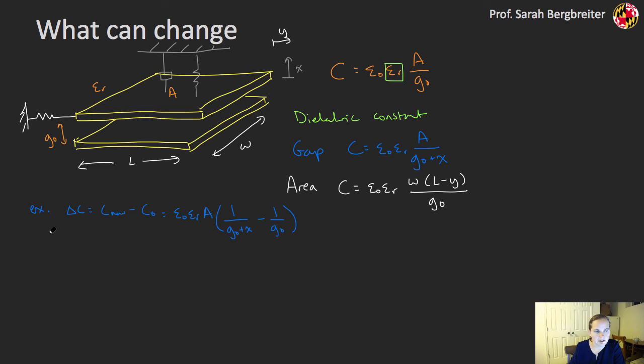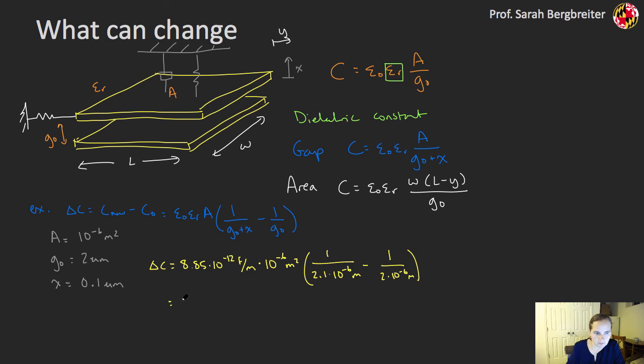Let's say this is happening in air. I have an A of 1 millimeter squared, or 10 to the minus 6 meters squared, and I have an initial gap of, let's give myself 2 microns, that's something that we can do in our clean room, and a displacement of, let's say, only 100 nanometers, or 0.1 microns. So it's a pretty small displacement. Let's see what kind of capacitance change we would have to be able to detect in order to pick that up. This will give me a delta C of approximately -2 times 10 to the minus 13 farads,